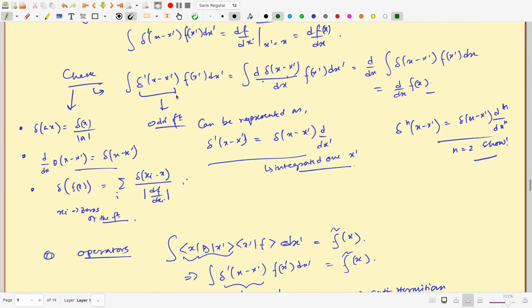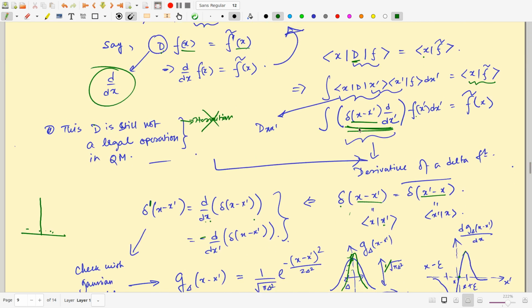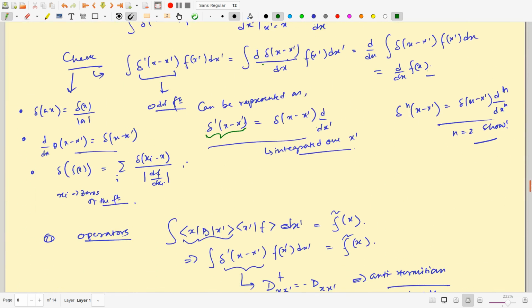Okay, now if you have understood how this derivative of the delta function works, you can easily claim that this whole object is just the derivative of the delta function, and that it is an odd function, which means if I interchange x and x prime, it will pick up a minus sign. That is the main point I wanted to convey. And similarly you can try to look up the nth order derivatives and so on, and you will see that this same property persists.